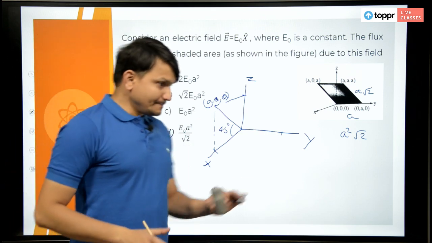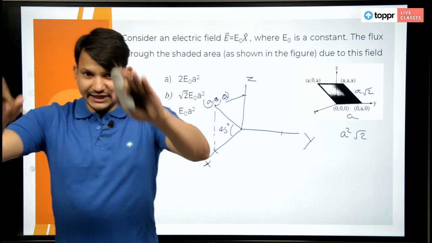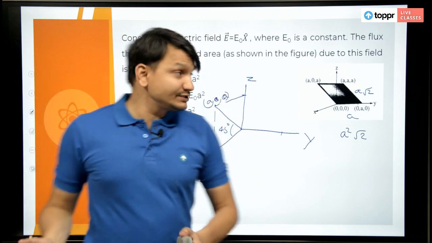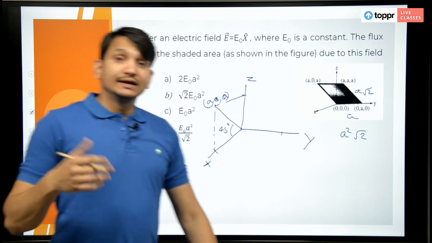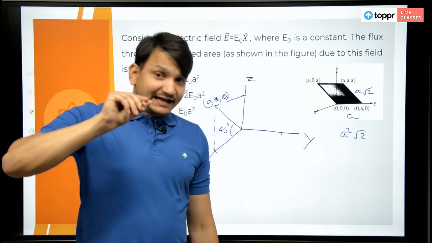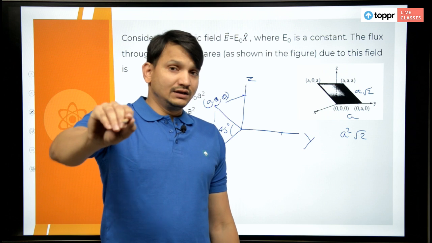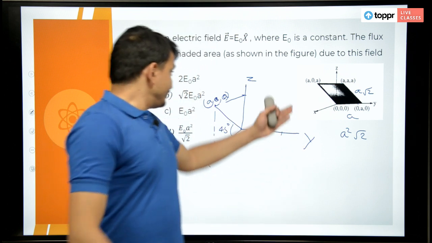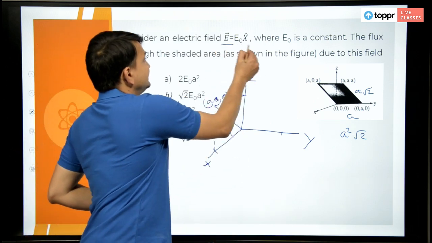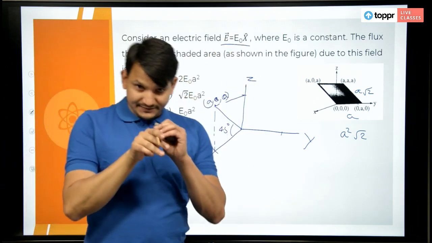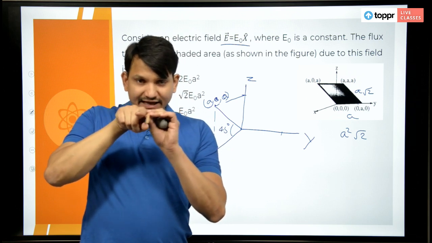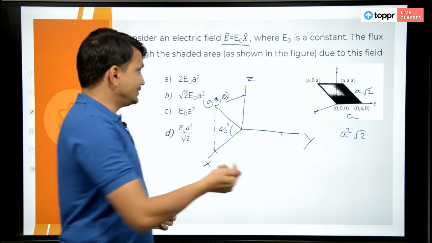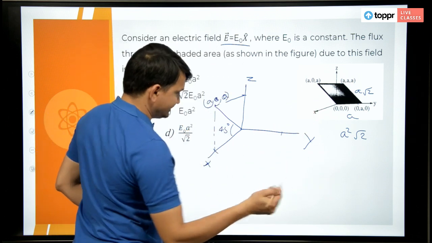Now if you are projecting this plane onto the yz axis, why are we projecting it onto the yz axis? Because the area vector has to be along the x axis, in which the electric field is oriented. Now we have to find the area along the x axis, so simply write it this way: